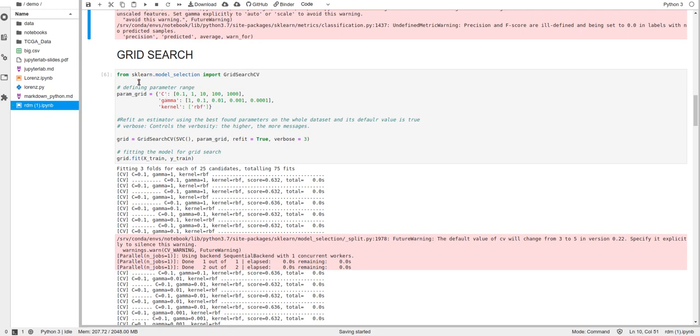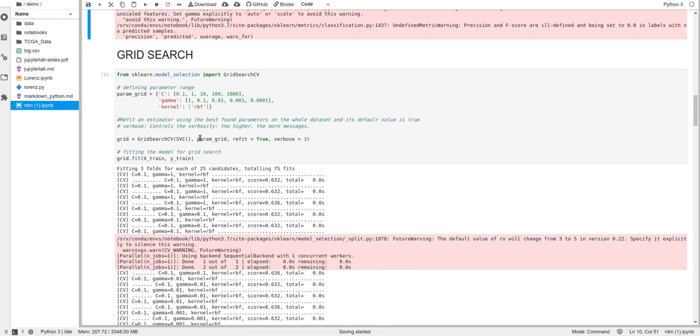Now first we will import grid search from sklearn model selection. Here we will make a grid in which we use C, gamma and kernel. In the theory part I already told you these values, and the default value of kernel is RBF. You can search sklearn on Google, right?